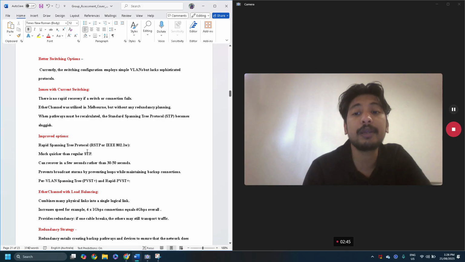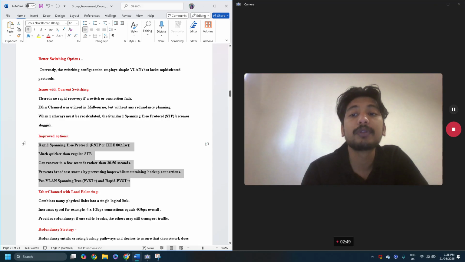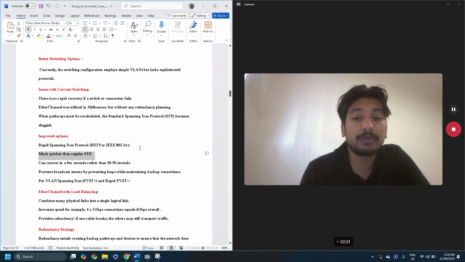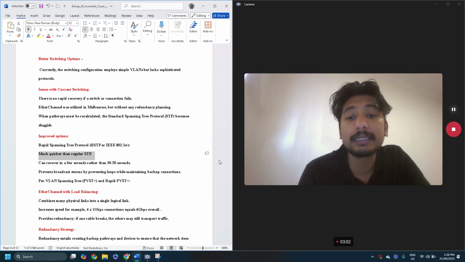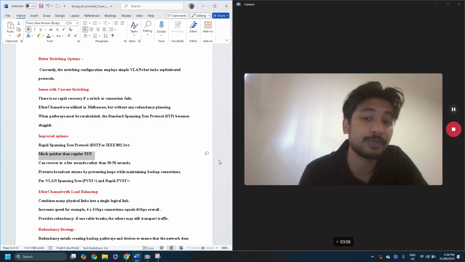What we have to do is replace RIP with OSPF, which gives faster convergence,